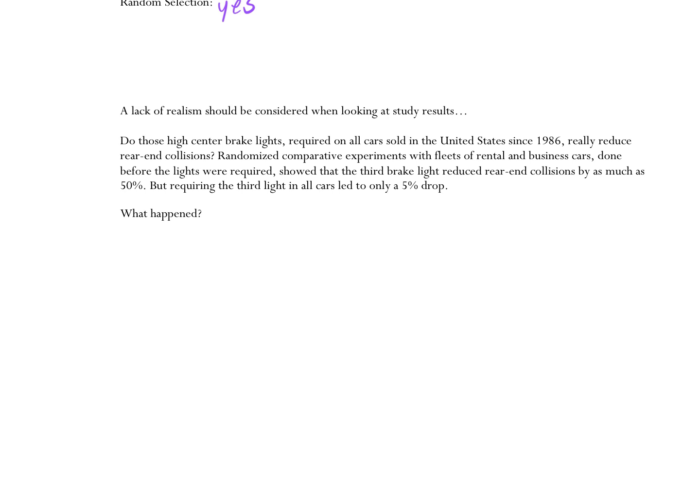So, they did a study to decide, did adding the third brake light decrease accidents? So they looked at accidents on the whole, and then they looked at accidents with cars with that third brake light. And they saw a huge dramatic shift in the proportion of accidents for those cars. So, of course, they added that third brake light to every car. Then what happened at the end? It really only led to a 5% drop. Even though in this study, it was a 50% drop in accidents. But in real life, it only led to a 5% drop in accidents.